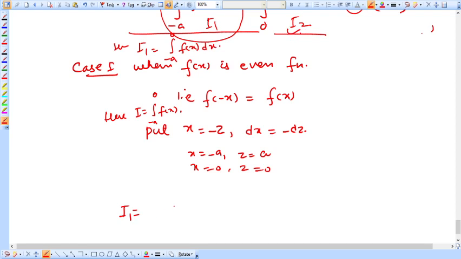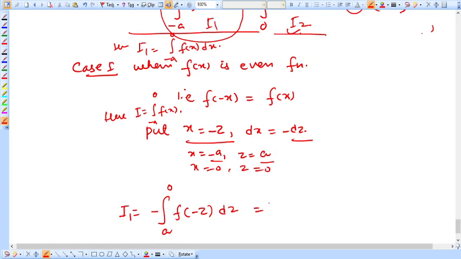So here I1 is equal to, अब इस पे I1 पे क्या होगा, लिमिट लग जाएगी, a की जगह कितना आ जाएगा, a की माइनस a की जगह आ जाएगा a, और 0 की जगह 0 ही रहेगा. एंड f of x की जगह क्या लिखोगे आप, माइनस z, एंड माइनस z की जगह क्या आ जाए, माइनस dx की जगह वी आर गोइंग टू राइट माइनस dz माइनस साइड आउटसाइड द इंटीग्रेशन.